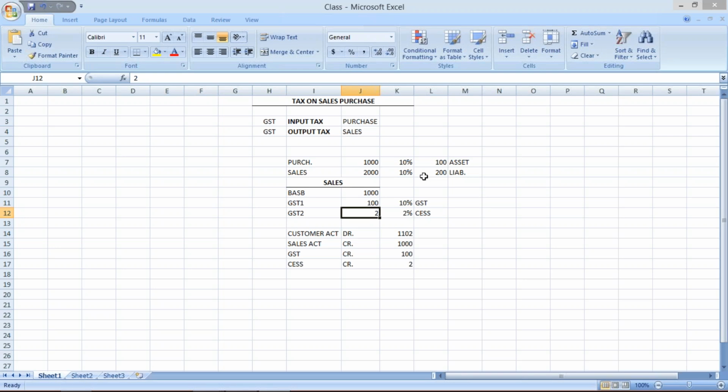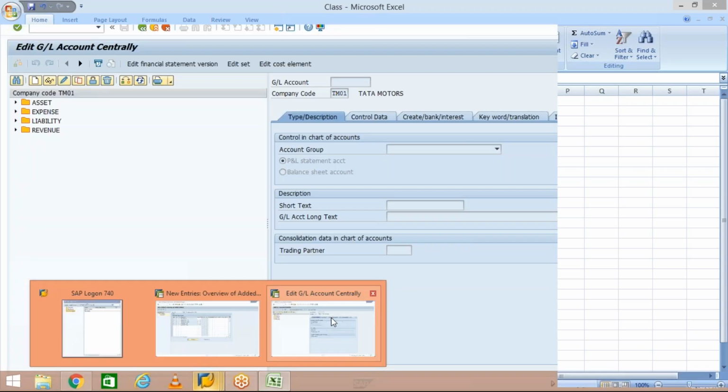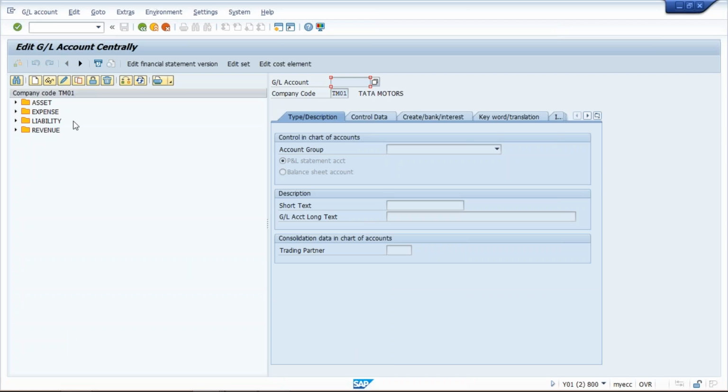So whatever we have charged the customer is our liability, and whatever we have paid to the vendor is our asset. So purchase means input and sales means output. So I'm going to create input GST,